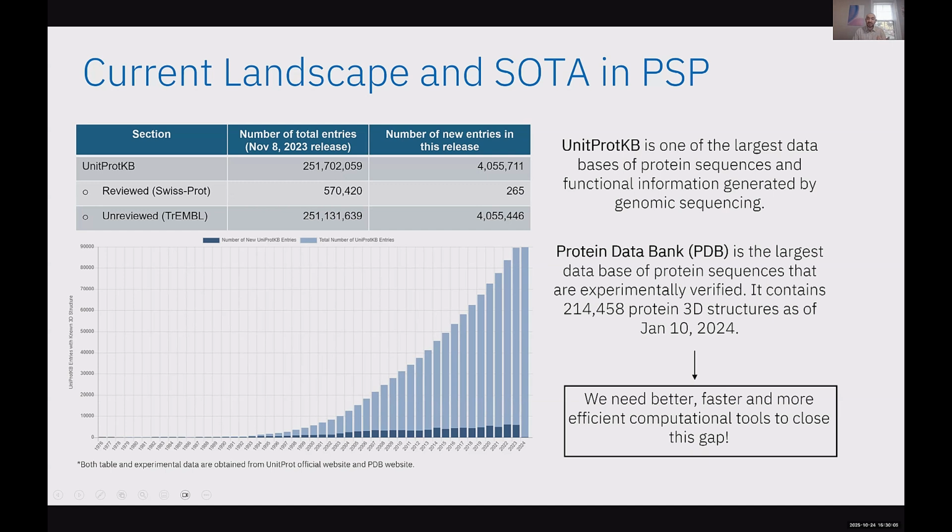It looks like the pace that we have, we have this huge database of protein sequences, but for the large majority of them we don't have their structural information. The sequencing is becoming cheaper and cheaper, so we are able to do genomic sequencing much faster, but experimentally verifying these structures is still very expensive and time consuming. So certainly we need better, faster and more efficient computational tools to tackle this